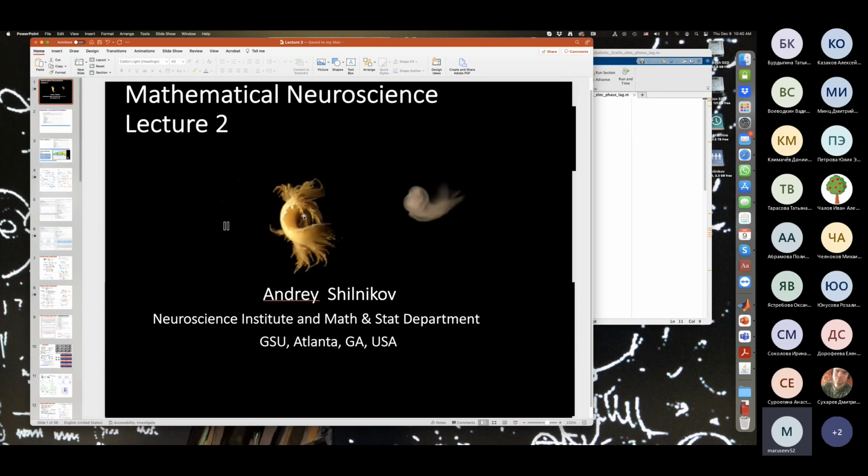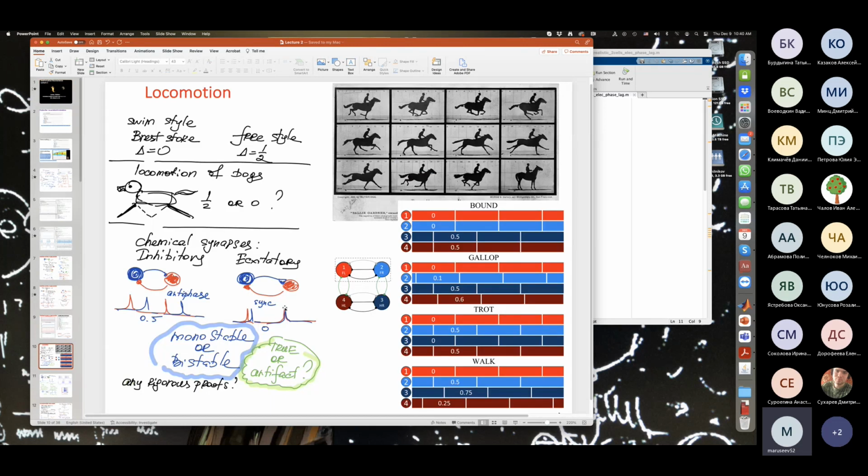And imagine that if you warm up the water, the animal is not going to swim any faster, but it still produces this rhythmic outcome, which you may say is simple and primitive, but it's not that simple, really. Okay, so I go back to this slide, and what we are trying to do,